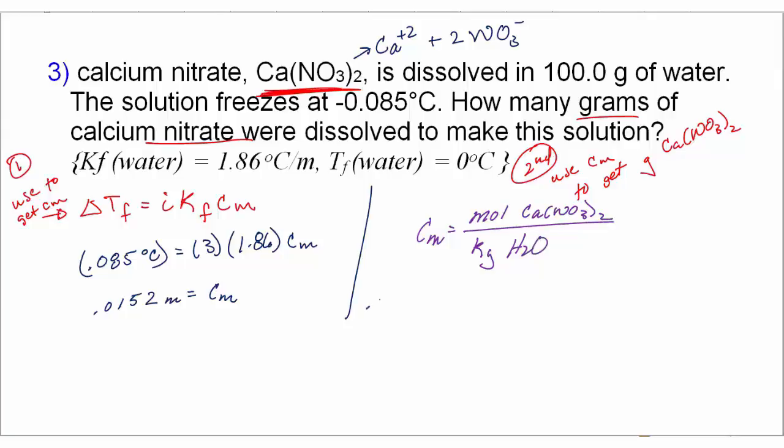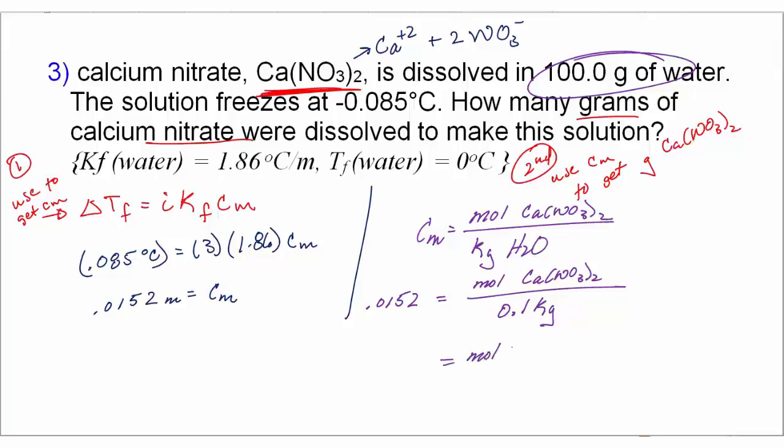So my molality is 0.0152 moles of calcium nitrate dissolved by how many kilograms of water? I've got 100 grams, so that's 0.1 kilograms. So what's my moles of calcium nitrate? 0.0152 divided by 0.1 is 0.152